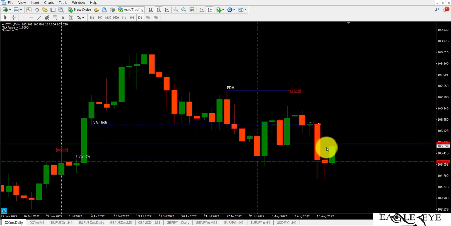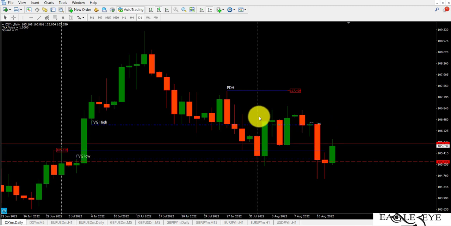But if it should open up on Sunday evening and we trade around this area, this particular imbalance on Monday, then I'll be expecting price to reach into this particular high. And then if it should reach into this particular high, then we are most likely going to run into the high that I was expecting in the previous week. We are most likely going to reach into. So let's see what price gives us on Monday. We trade accordingly.